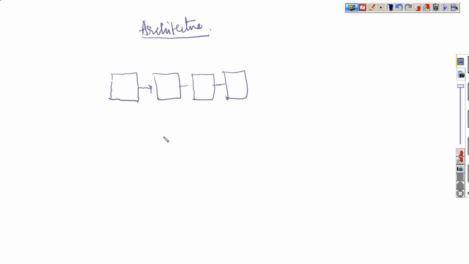Suppose I ask you a question. Suppose you have a laptop, let's say the hard disk of the laptop is 1 terabyte. Let's assume like that. That hard disk is totally filled up. You have some more data to copy into it. So what do you do? I need to delete some of the unused data. No, data should not be deleted. I have to increase my storage capacity.